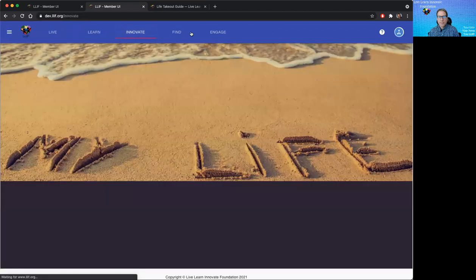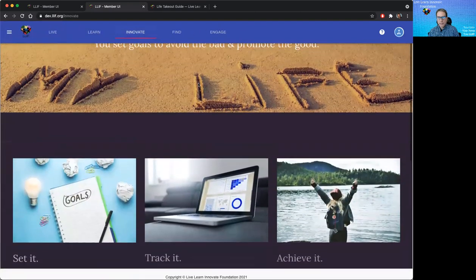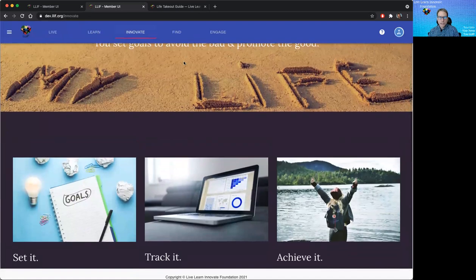The Innovate tab is where you'll go in and set thresholds to achieve. So if you choose to increase your steps, decrease your weight, try to work on lowering your at-rest heart rate, who knows, you'll be able to do that here. Maybe reduce your screen time, right? And maybe your notification is, tell me when I'm hitting so many hours of screen time in a week, right? And then you can consciously try to cut back,